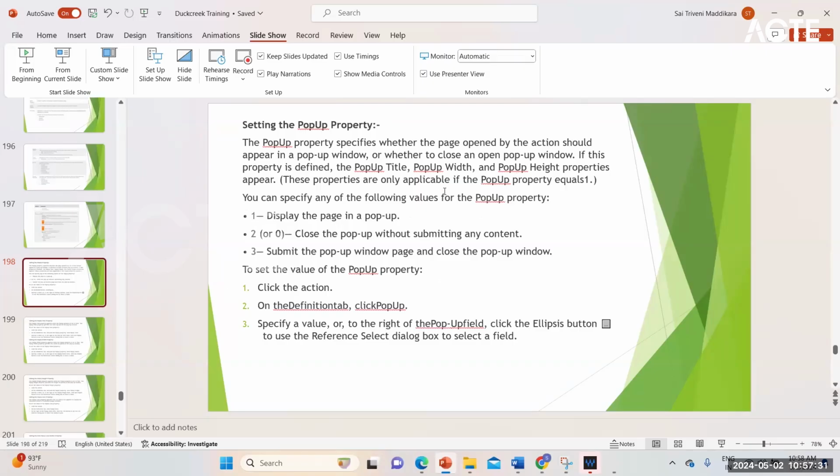Displaying a pop-up means on click of the forms button, you are displaying a form, all the forms available in the particular manuscript. That is value one. This value you need to give in the manuscript while creating it. So, submit the pop-up window page and close the pop-up window. For example, the form pop-up as well we need to take. Okay, in the third value, submit the pop-up window page and close the pop-up window